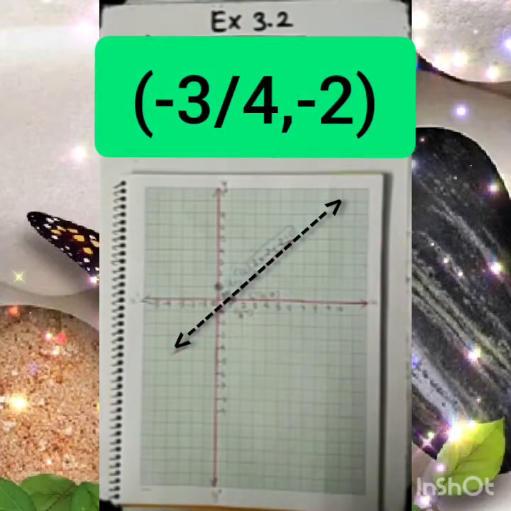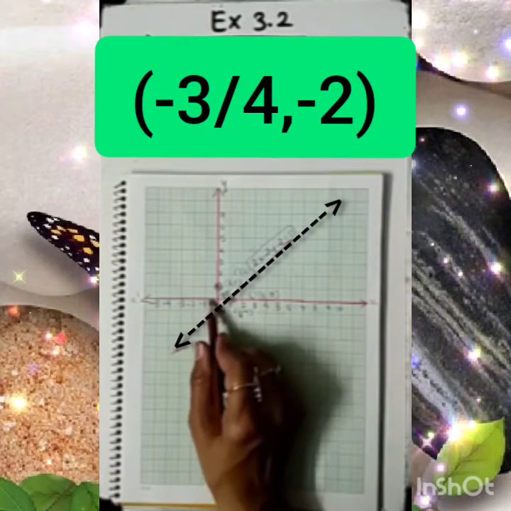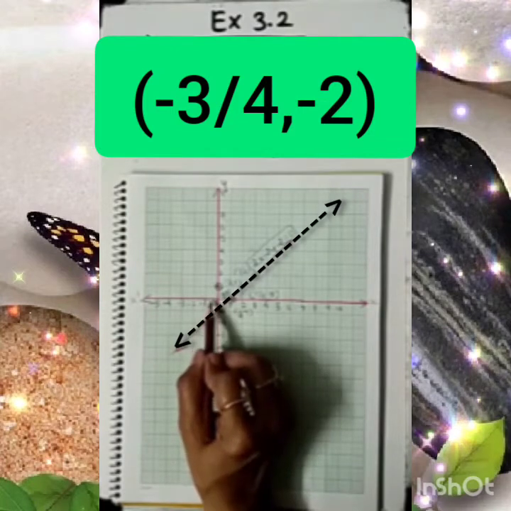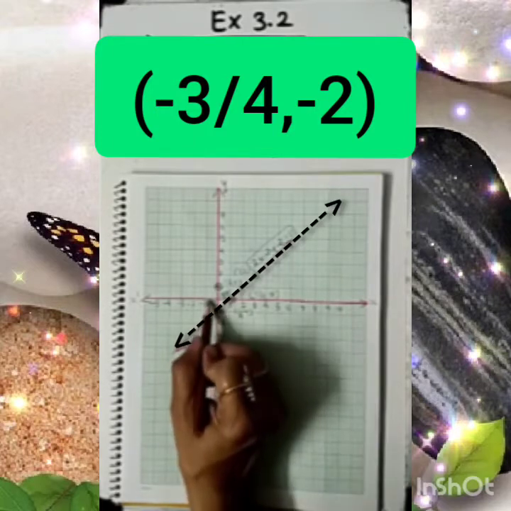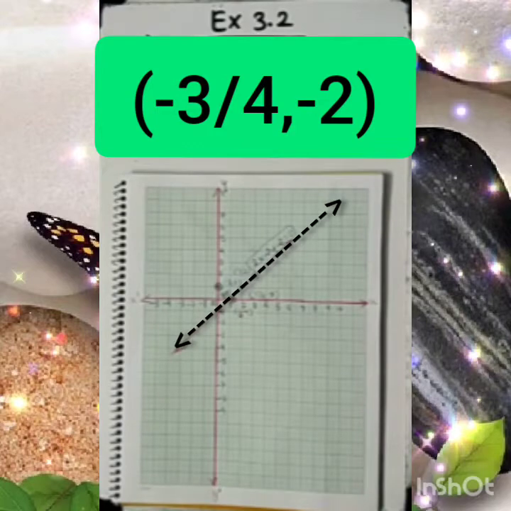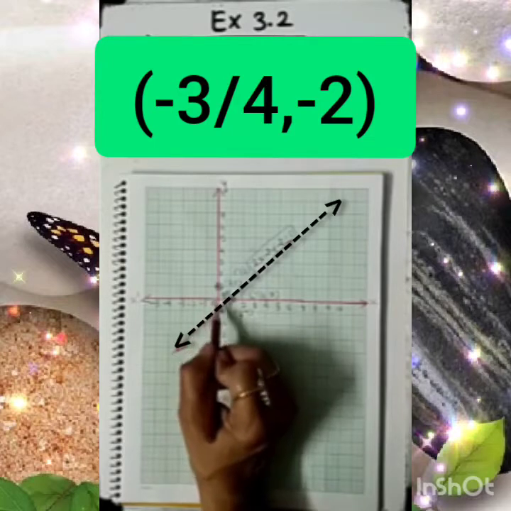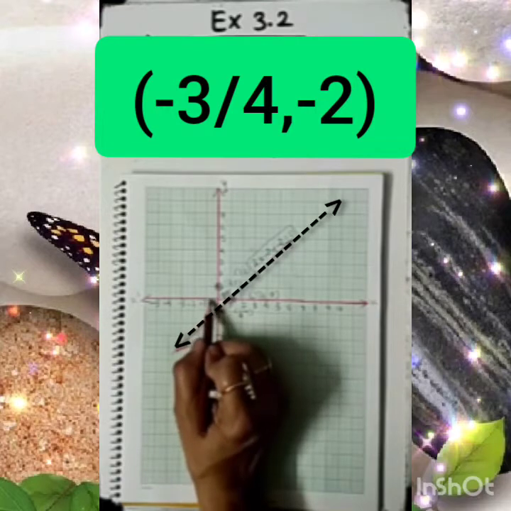Okay. One more point is with us: minus 3/4 and minus 2. Of course, minus 3/4 lies on the negative x-axis somewhere. So, dear student, here it is minus 1, here it is minus 0.5. Between minus 1 and minus 0.5, you can see that indicates minus 3/4, half of this 2. Half of this is minus 1/2. But between minus 1/2 and minus 1, you can locate minus 3/4.